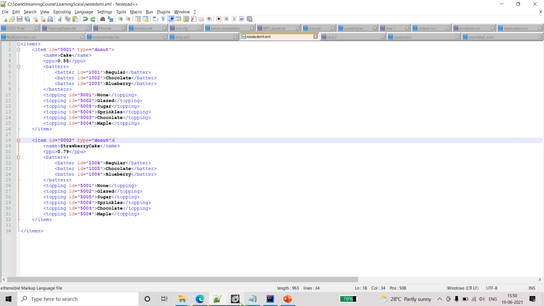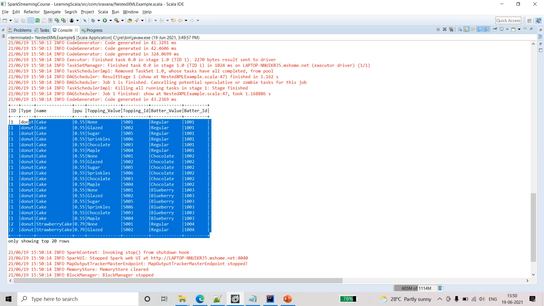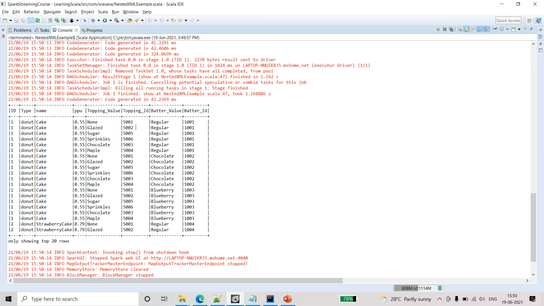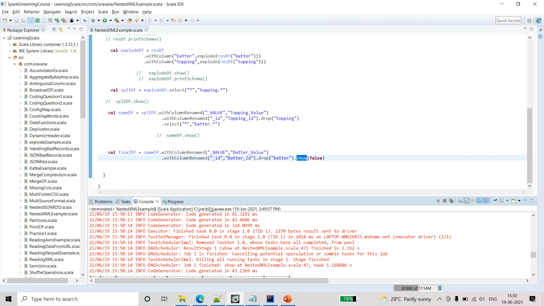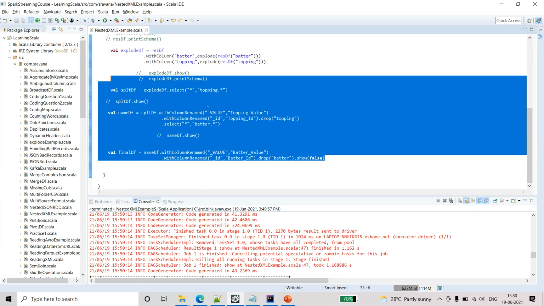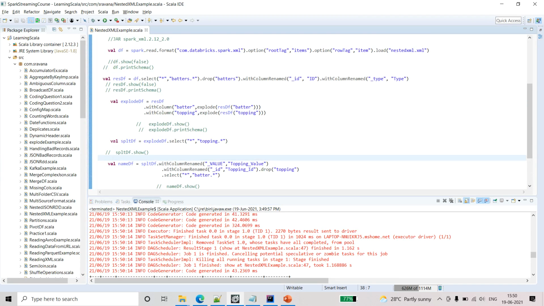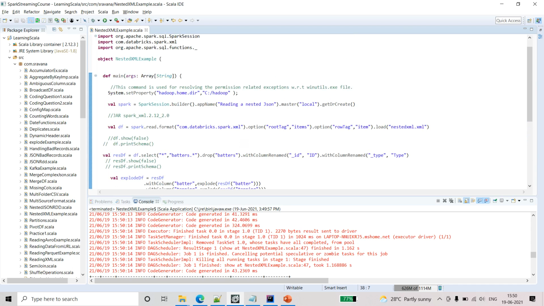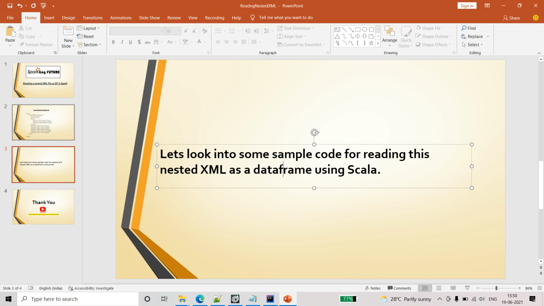So friends, this is one of the ways of flattening the structure. We can actually use data frame map as well for mapping each column, and also we can use fold left for renaming the columns or performing the explode for the given values. So there are many ways and this is one of the ways. And I hope this is very clear to you, friends.